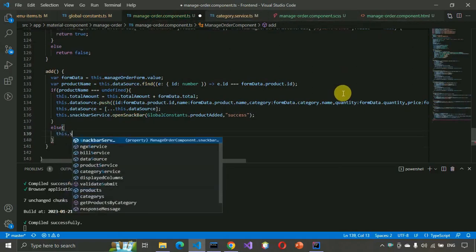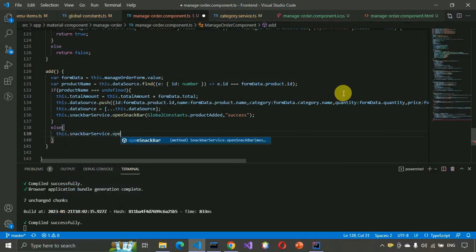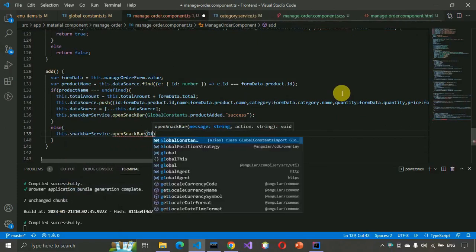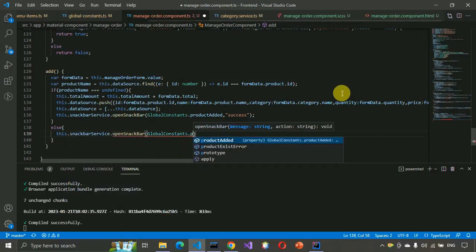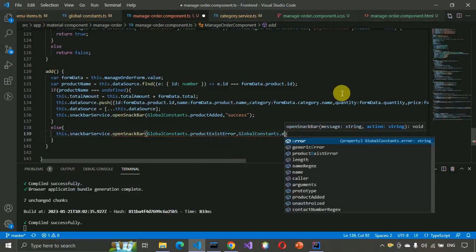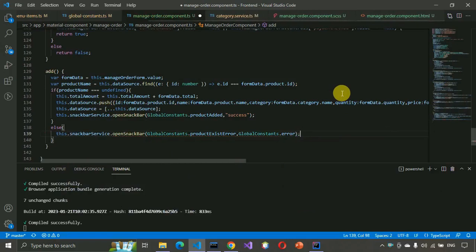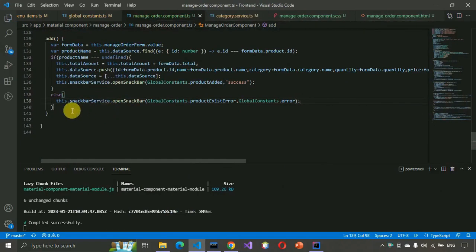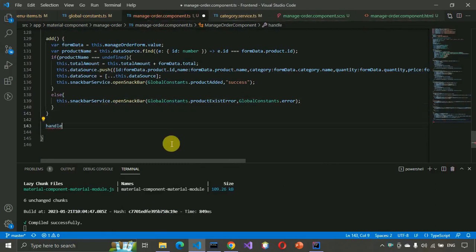this.snackbarServices.openSnackbar(GlobalConstants.productExistError, GlobalConstants.error), this one, and save this. After that we have to write the code to handle or remove the product. So handleDeleteAction, and here we have to write value, any,